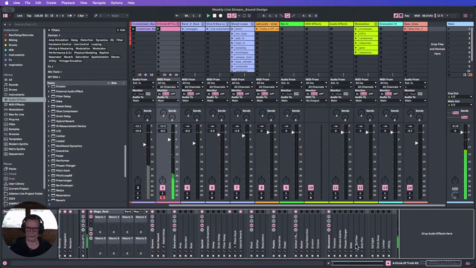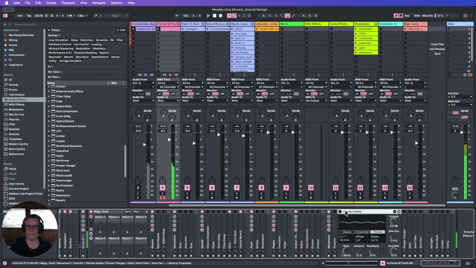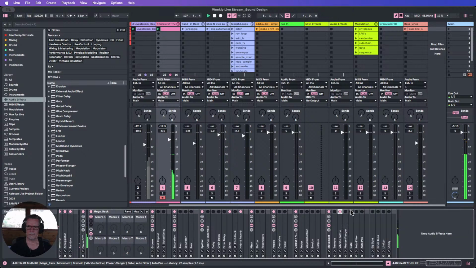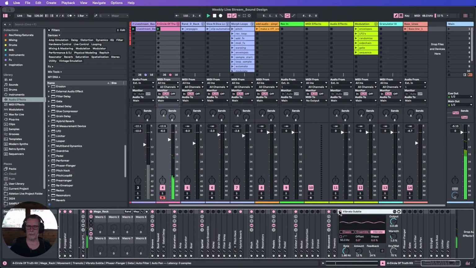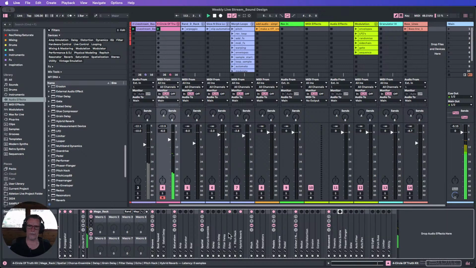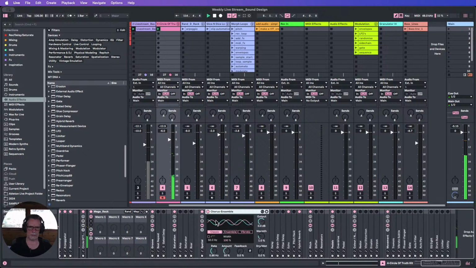And then over here, we could add a little bit of movement on this loop. Something that could sound quite nice is a bit of slow wobble. So we're now wobbling the pitch a little bit with vibrato. If we want to do that from this device, it's already set to vibrato. If we want to do that from scratch, we can come over to our chorus, switch it on here, switch it to vibrato, and then it'll sound quite wild,